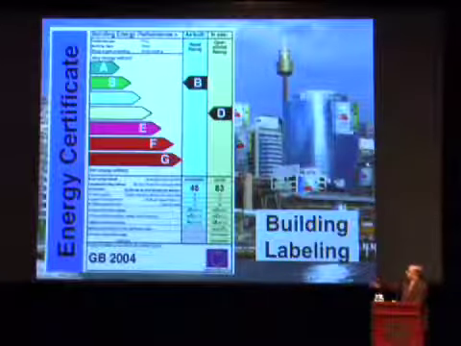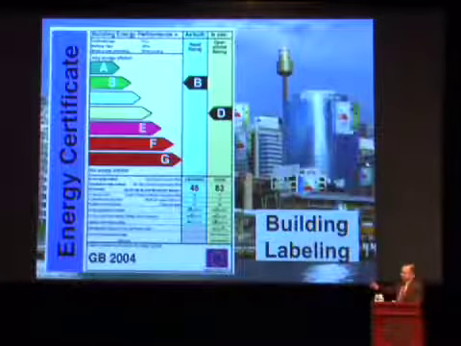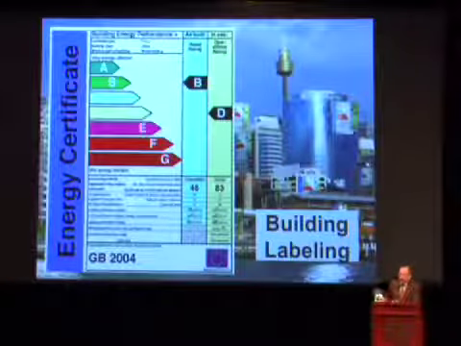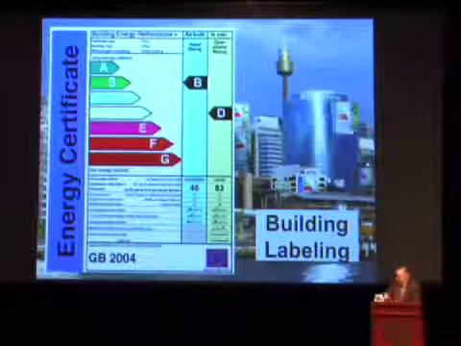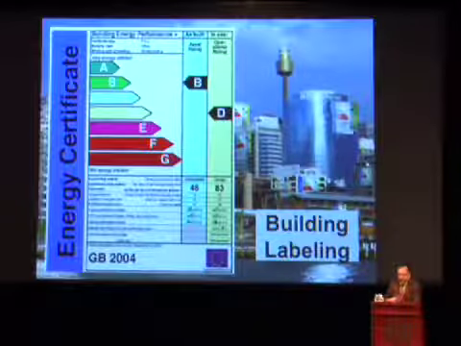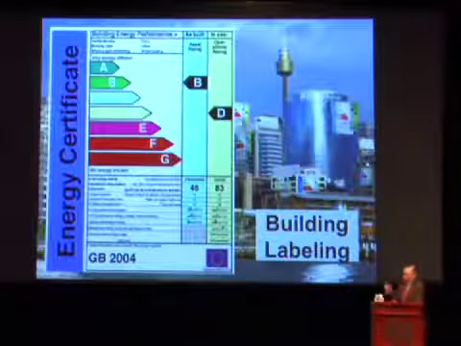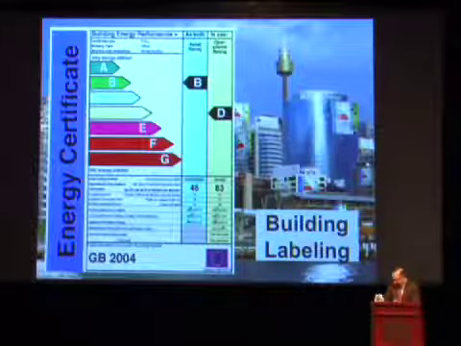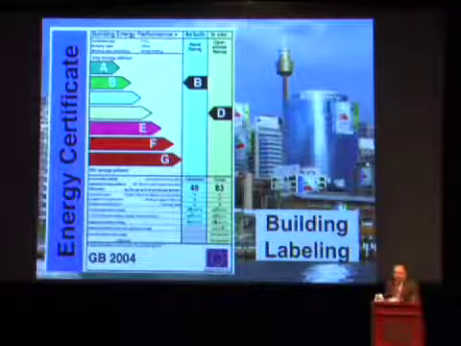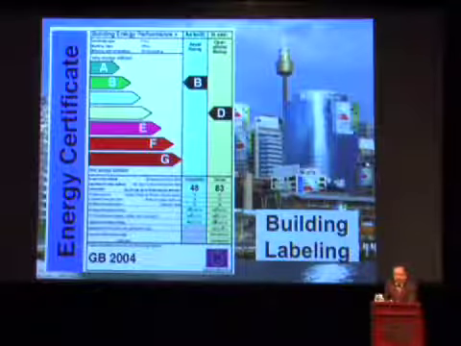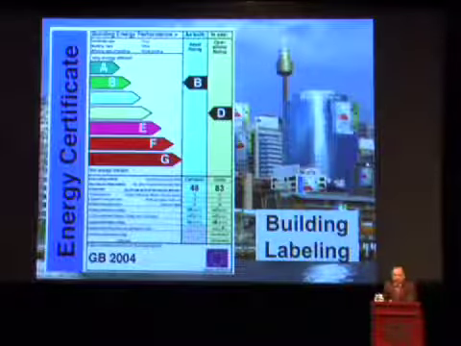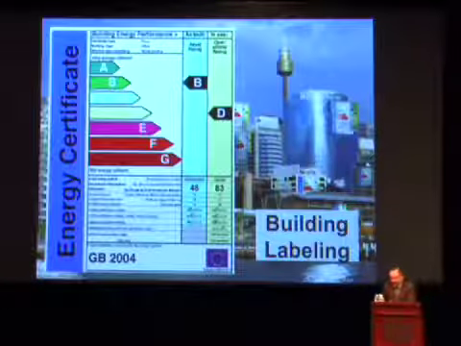This is a rating system that's coming into play. This is actually Great Britain's, and it's required in Great Britain as of last year. But the state of California is going to require a very similar thing. Washington, D.C., New York City, and Seattle all have ordinances requiring it. In Seattle, for example, which I'm familiar with directly, as of next year, every commercial building over 50,000 square feet has to report its energy use publicly. And the year after that, every commercial building over 10,000 square feet has to report it publicly.